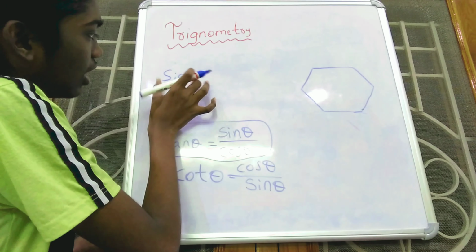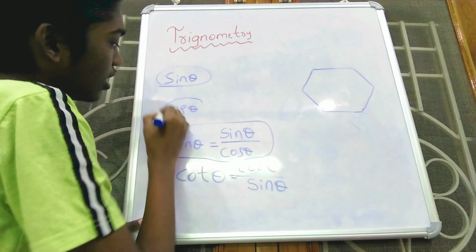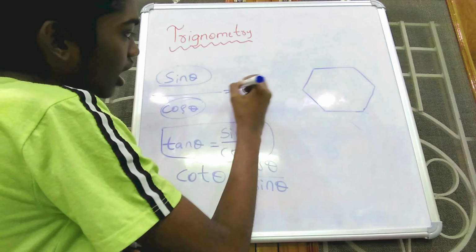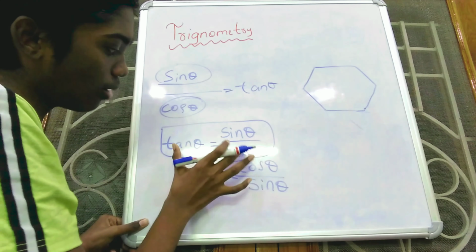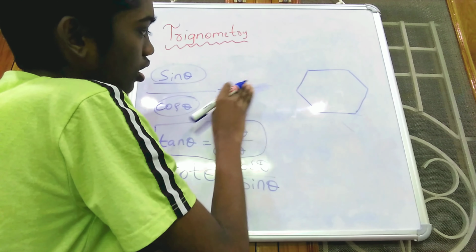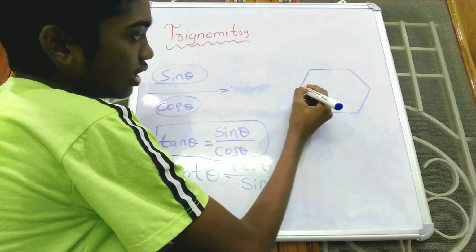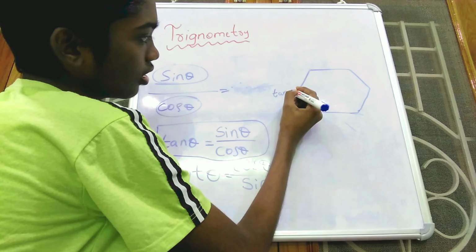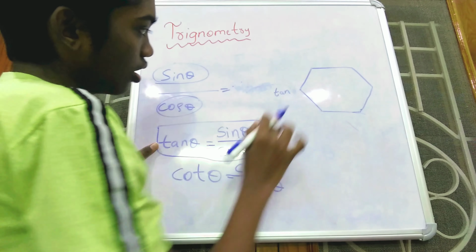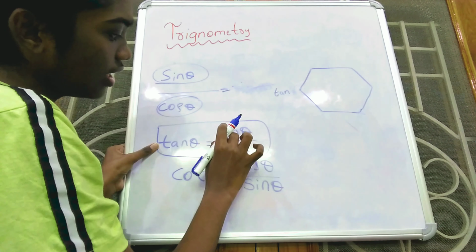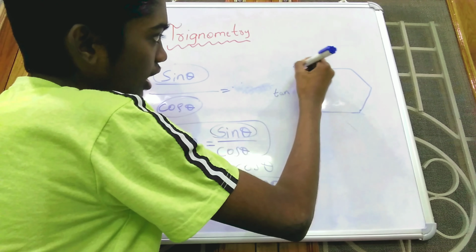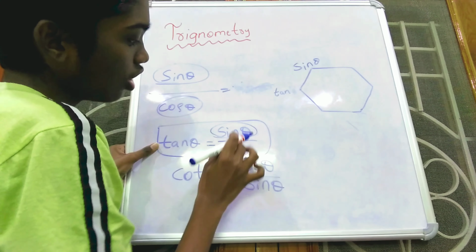Why? Because anybody will first say sin theta, then cos theta, then tan theta. Sin theta by cos theta equal to, you have to bring this tan theta up, tan theta. Only remember this formula. So first there is tan theta. So here in the hexagon, for this vertex we will write tan. Leave aside the theta, you write tan. Next, tan theta equal to sin theta by cos theta. The numerator is always first. Sin theta, we have to write sin theta upwards. Next, followed by cos theta.